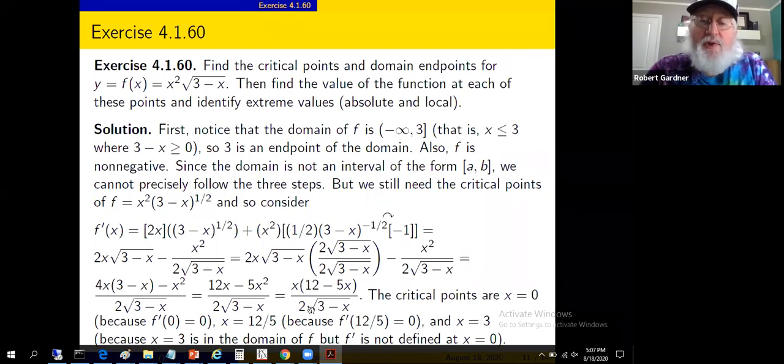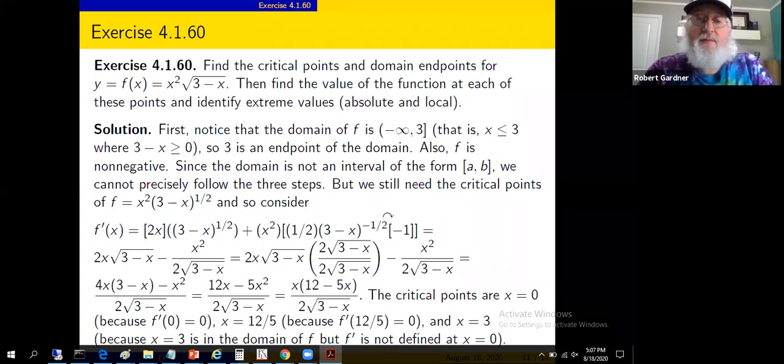And this function, the derivative, is undefined at 3 because we get division by 0. So x equals 3 is also a critical point because f prime is not defined at x equals 3. So undefined derivative at x equals 3, derivative of 0 at these other points. So we're going to draw a graph, and we need to illustrate somehow how this non-existence of the derivative affects